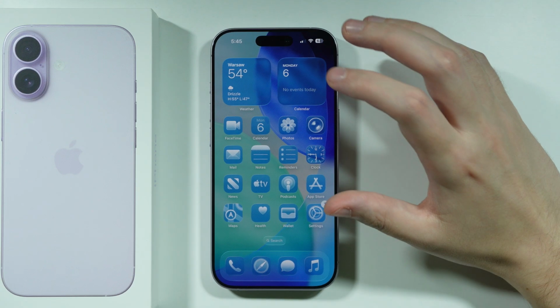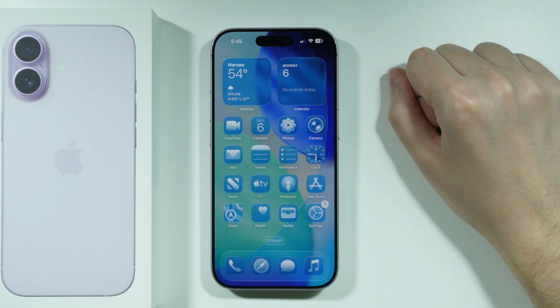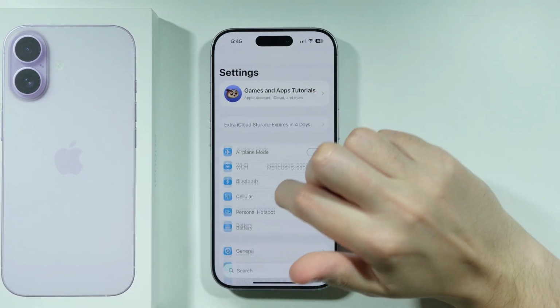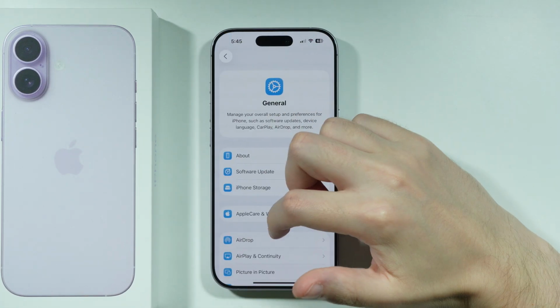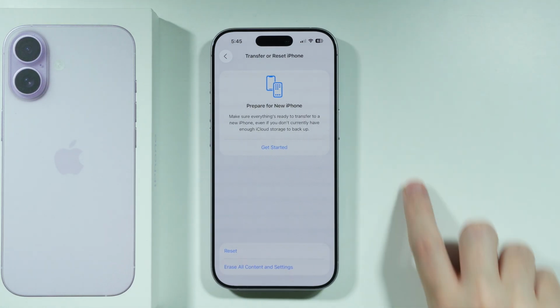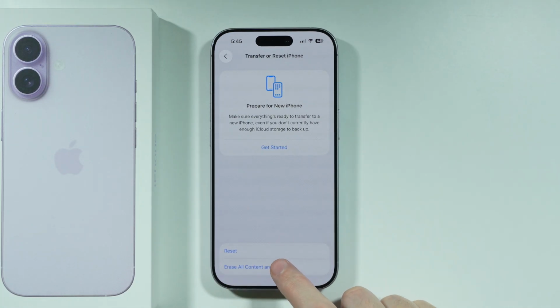Here's how we can erase all data and perform a hard reset of iPhone 17. So the first method is quite simple. You just have to go to Settings, choose General, and if you scroll all the way down you should be able to find Transfer or Reset iPhone, and then at the bottom we have Erase All Content and